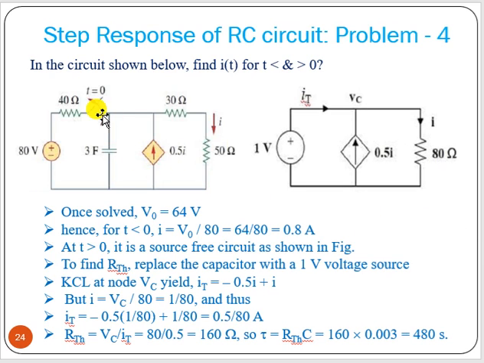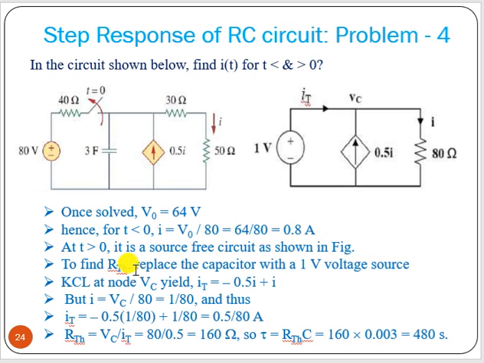Now when the switch is open at t equal to 0, this circuit becomes this one. Now we have to find out RTH. We don't have any independent source, we have only a dependent source. So we have to connect a 1 volt source here, and find out the current IT. Then 1 volt divided by IT will be RTH, that is the test voltage method that we have studied in Thevenin equivalent circuit. We got the V0 value, then what is the value of I? That is V0 divided by 80, so 0.8 ampere.